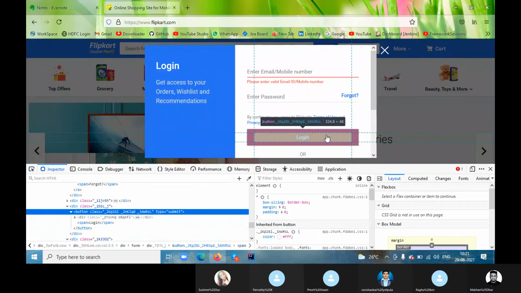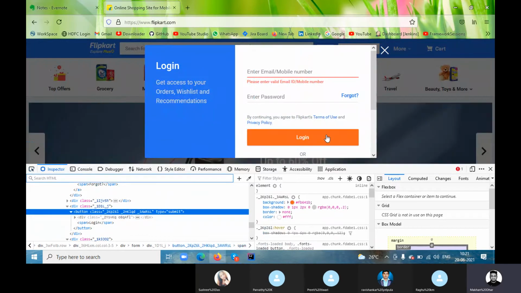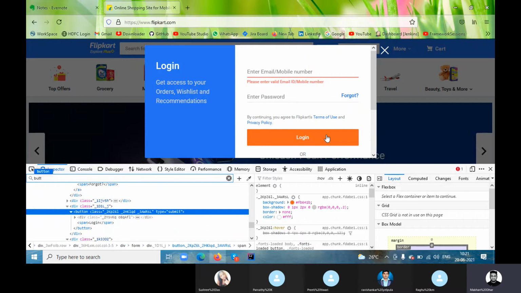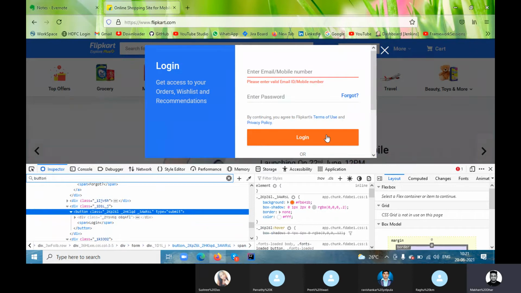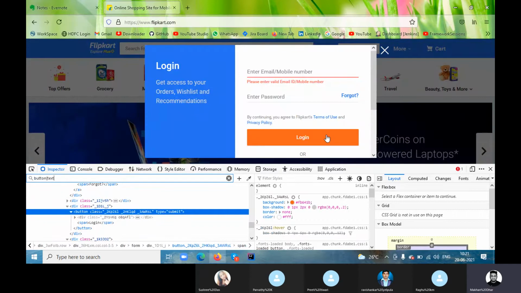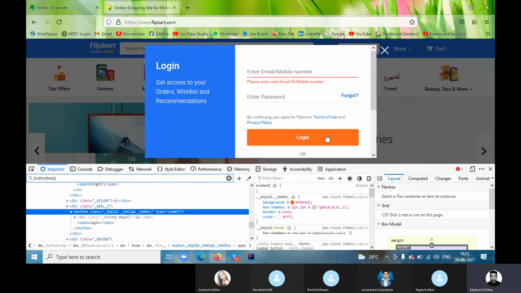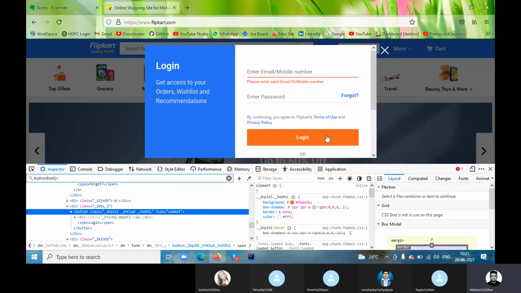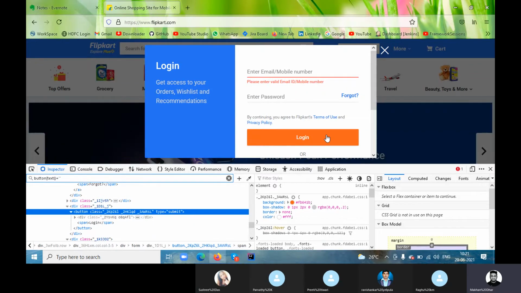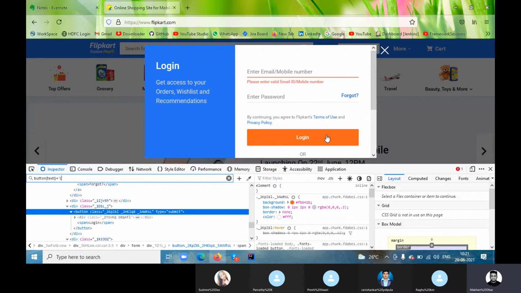One second. Now what I will do, I will type button first. Now bracket start, text, bracket start, bracket close, equal to, within single quote, type login.